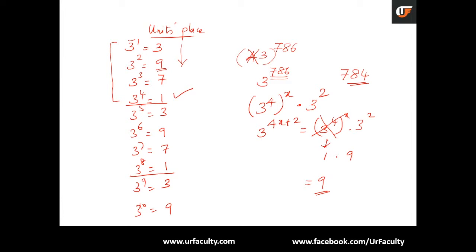So we know that 784 is divisible by 4, which would mean the whole expression is now divided into this factor. I am not even putting my effort to find the value of x because it is irrelevant here. Whatever it be, the value is going to be 1. So for this expression, the value is going to be 1. And we just need to be worried about the expression after that, which is 3 to the power of 2. Hence, we get the answer as 9 because 3 square is 9. You can apply the same concept.